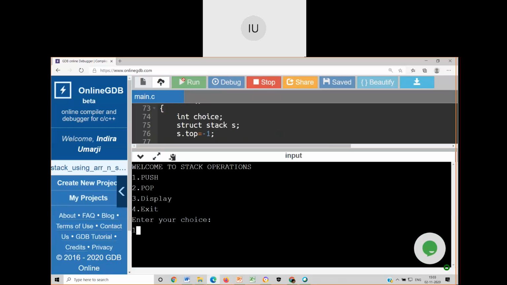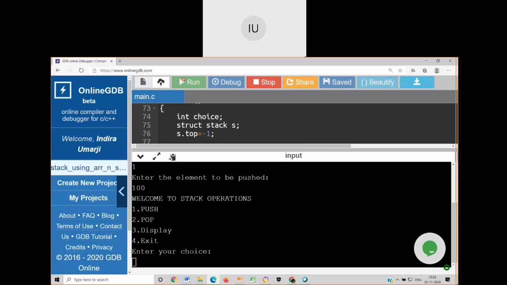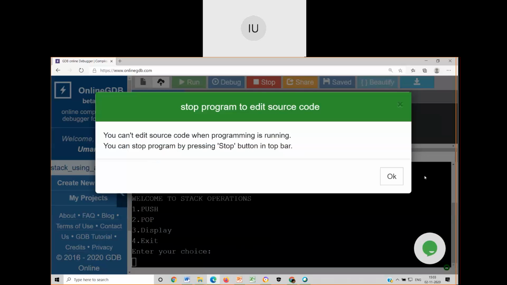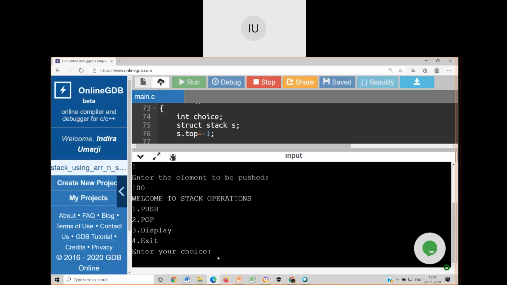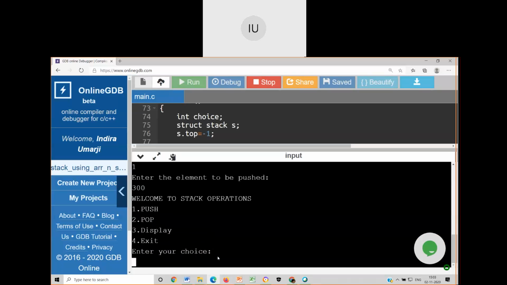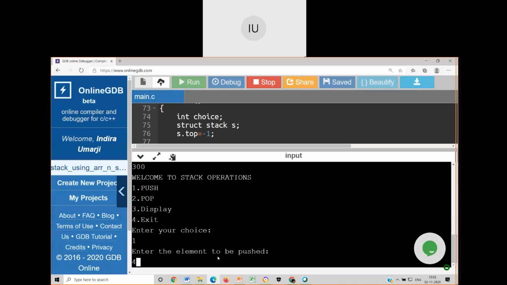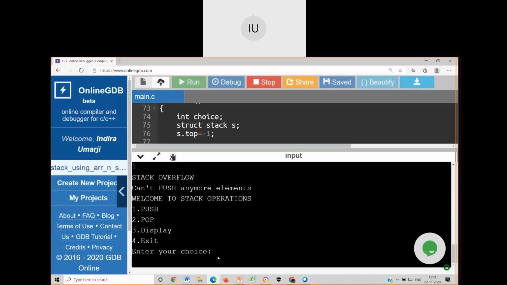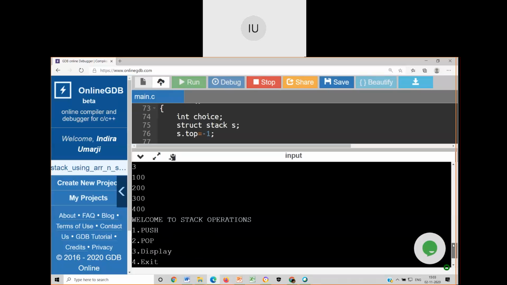Okay, I will hit 1, and 100 I will push. I will hit 1 again and type 200. 1 again, I'll type 300. 1 again, I'll type 400. 1 again, and now it is telling me you cannot push any more elements because I have reached the dead end, that is 4. Now if I try to display, it has displayed the contents of the stack: 100, 200,